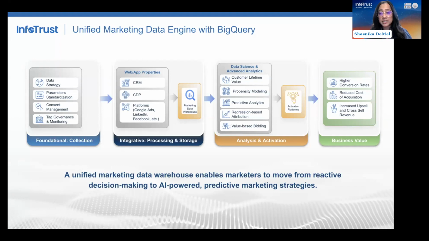So then you're taking your predictions by building audiences and then turning them into performance through smarter segmentation, targeting, or optimization methods. And the key goal here is to help drive your marketing goals, whether it's higher conversions, reduced customer acquisition costs, or more efficient marketing spend. All of that can be done through a scalable, AI-ready marketing data warehouse, such as BigQuery.